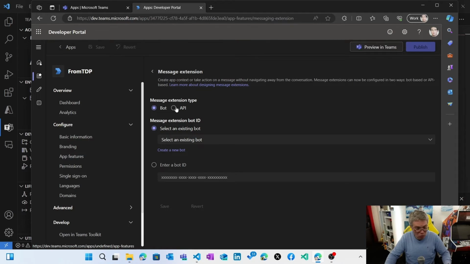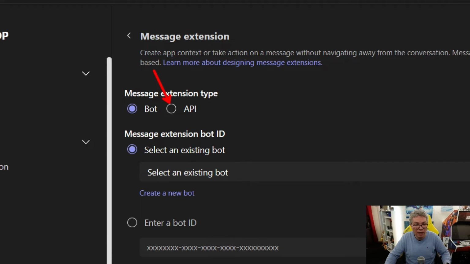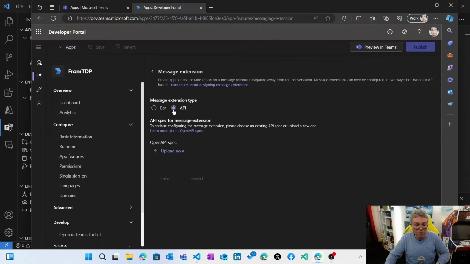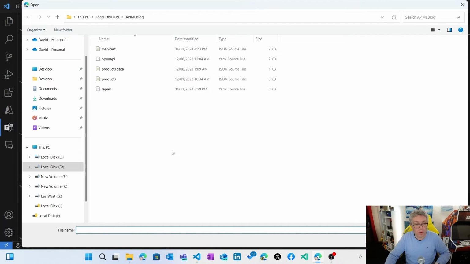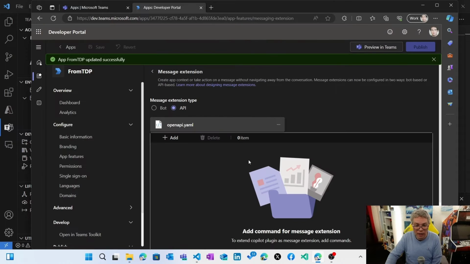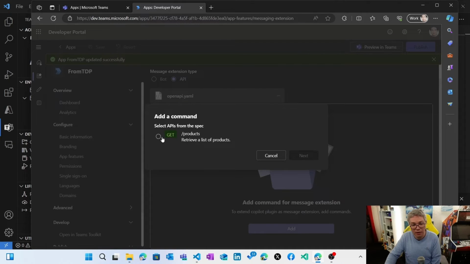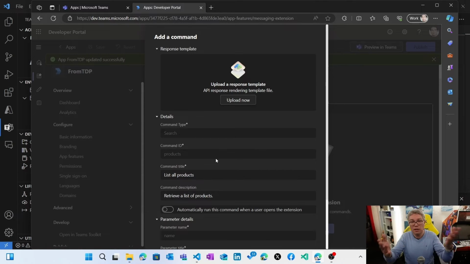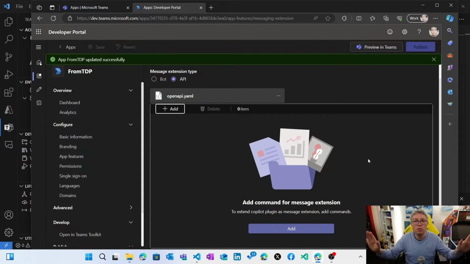And now you will have a new option there that it will be API. So select API, you will be able to upload the very same file. So I'm going to upload the same file, save it. And now I can add the various operations I'd like to inject, insert my adaptive card also if I like to. So similar experience in two different environments. So you can also use the one or the other based on your preference.